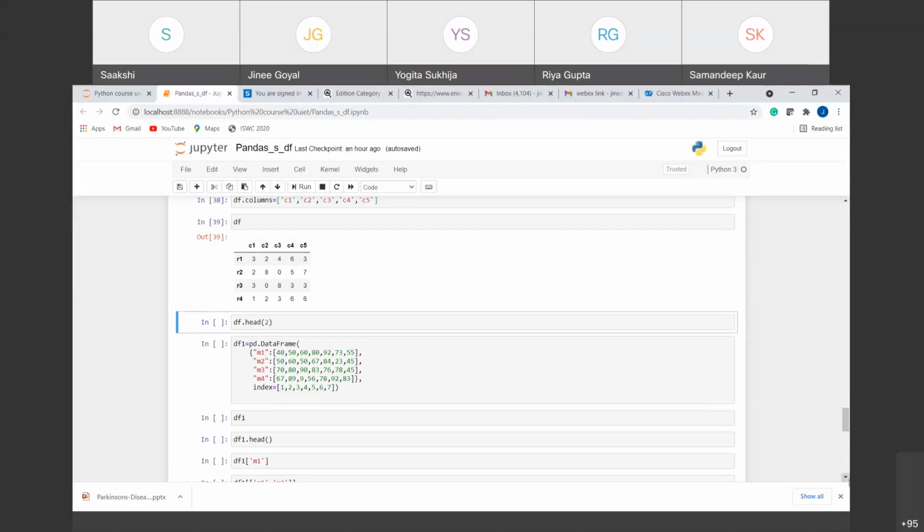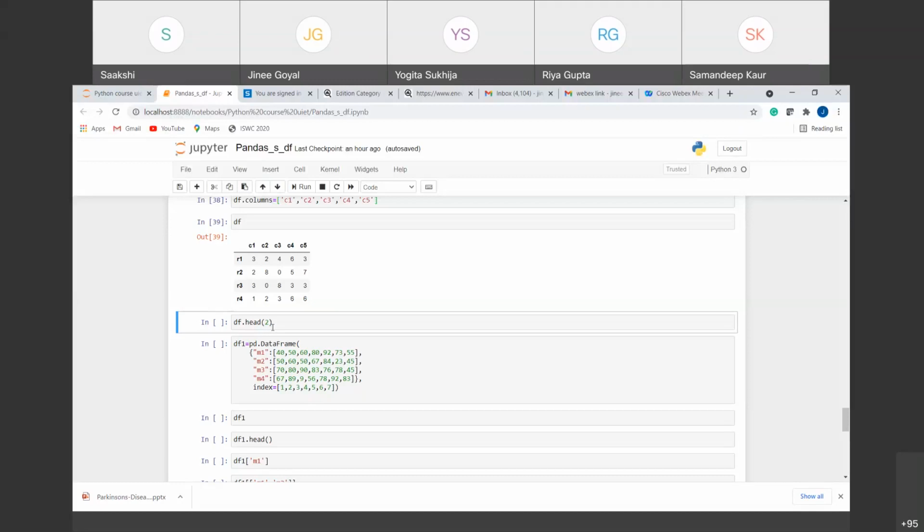Okay, so moving on further, there is another functionality in the data frames, that is head. Sometimes our data is quite large, right? We have thousands of values and it is very difficult to see all of them. If I want to see what type of columns are present there, I don't need every row, right? So I can have some of the rows to work with. For that we have this head function.